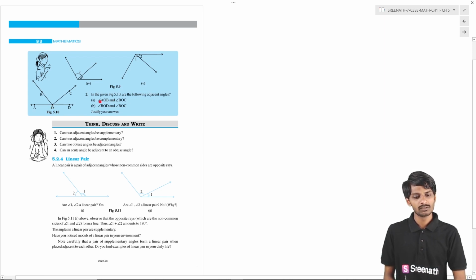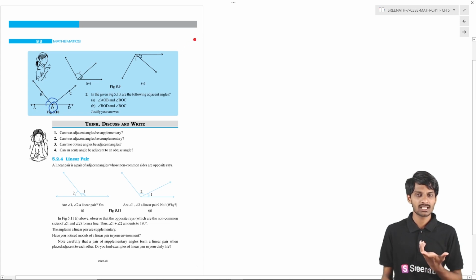So are these two angles adjacent or not? What is the angle? Angle AOB. So this is the one angle, and angle BOC. Are these two adjacent angles or not? Yes, these two are adjacent angles. Why? They have the common vertex O, and they have the common